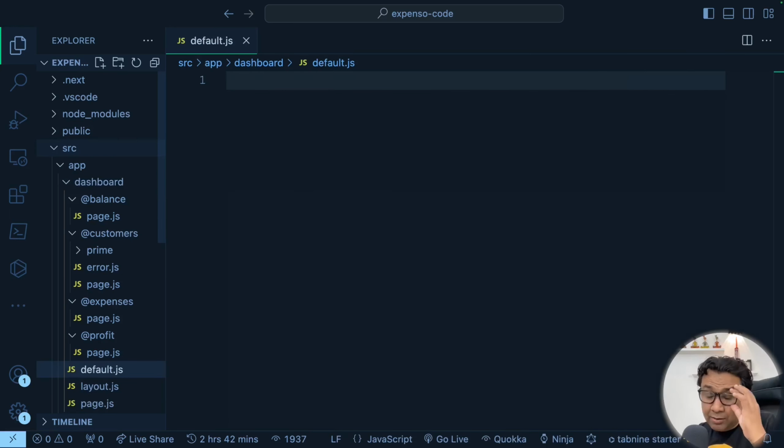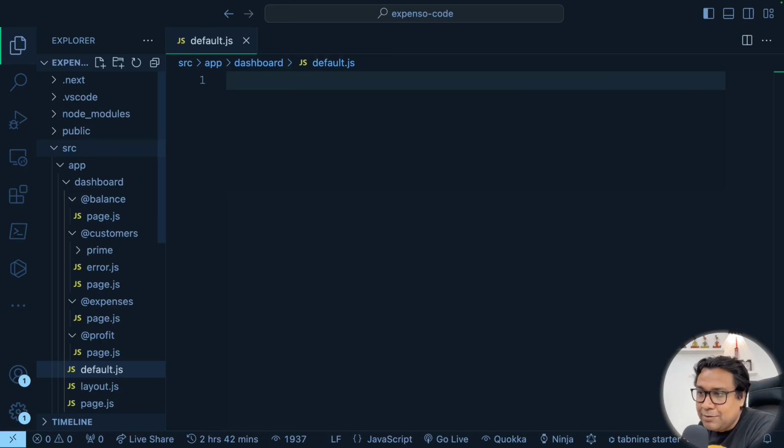Now, what will be the content of the default.js file? It will be another regular React component. You can create any component. If your logic is like that, that when somebody is going to slash dashboard slash prime and somebody hard reloads, instead of keeping the dashboard state intact, you want to give a certain different kind of message, you put that in this component. Okay. But if you want that all this state, how it was before,